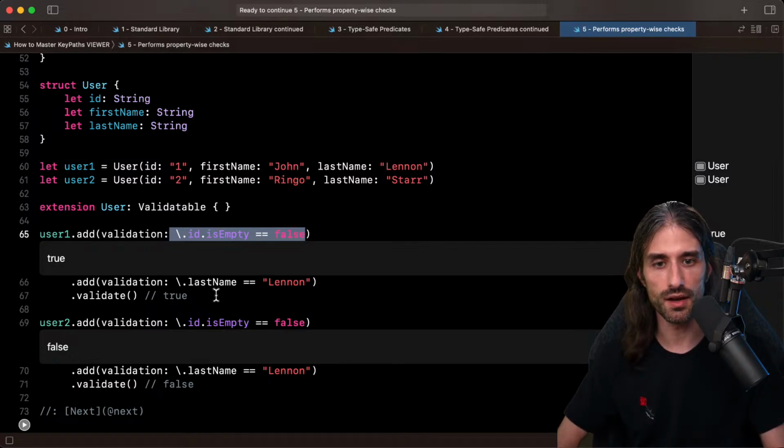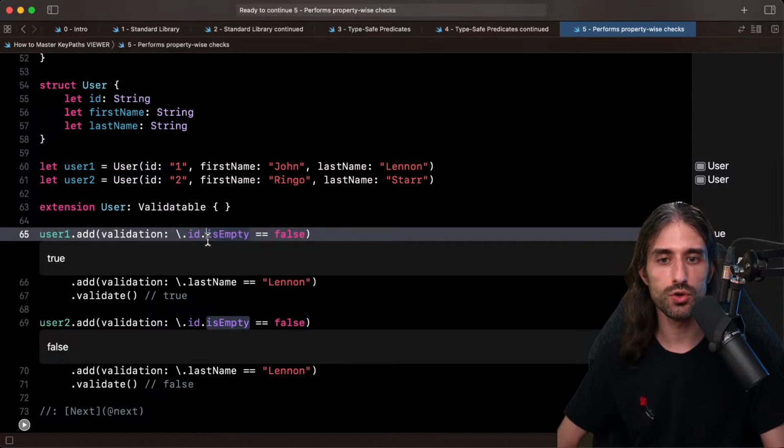And once again, my goal here is to show you examples of what can be built using key paths. I just want to really drive the point that I'm not advocating that you put into your project all of the examples I show you. It's more about showing you how to build things using key paths, because if you know how to build things using key paths, then it becomes so much easier to understand how things that have already been built with key paths, like SwiftUI, like SwiftData, work under the hood.